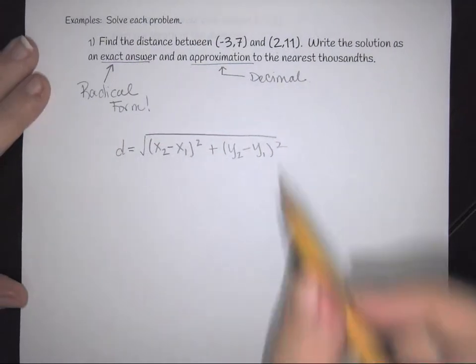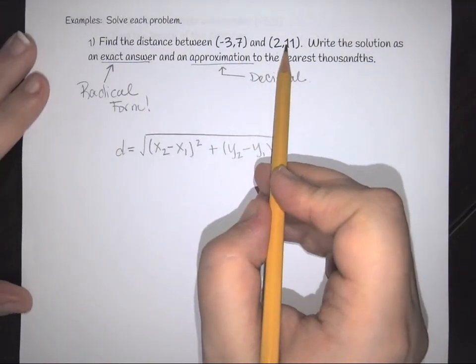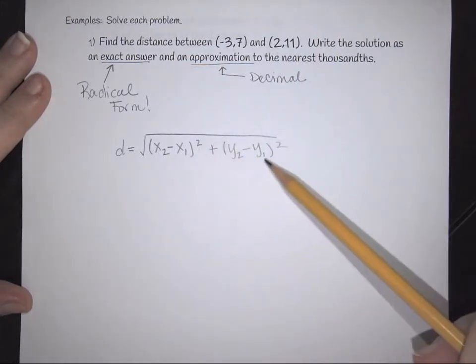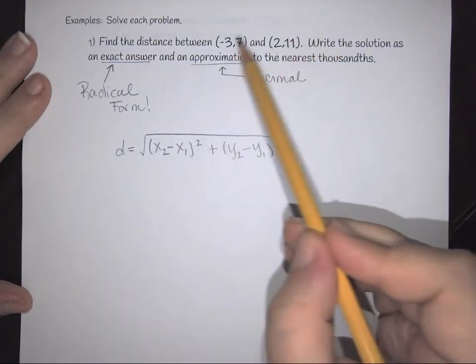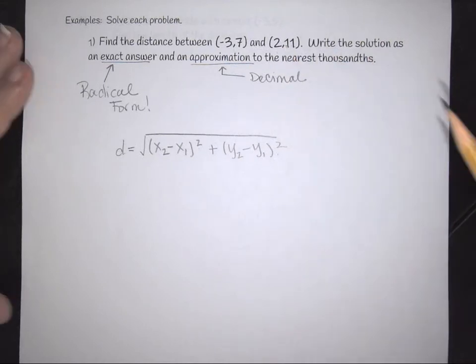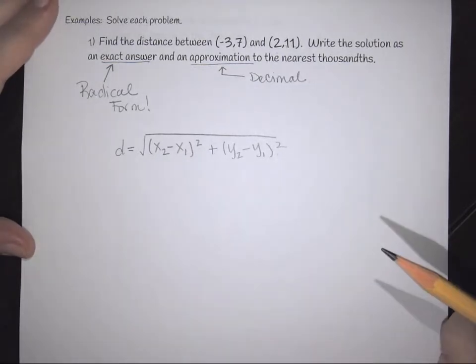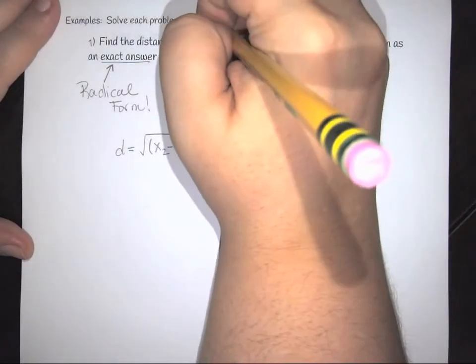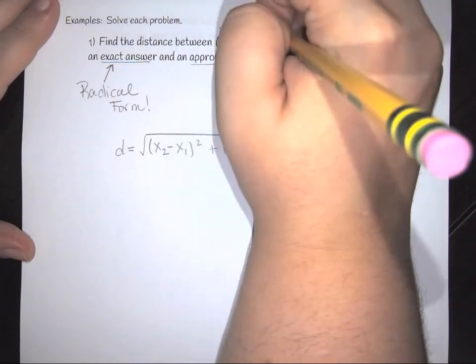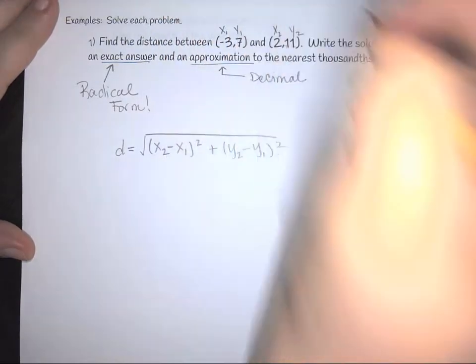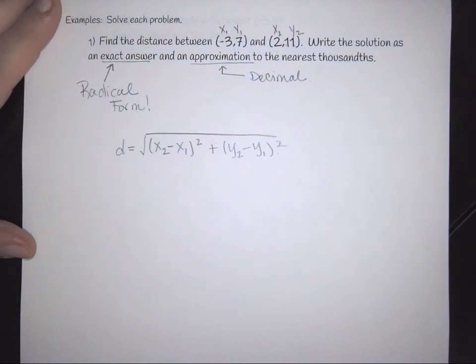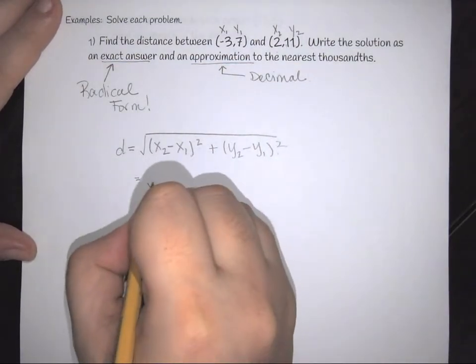Now with that, we have two coordinate points, and so you have to label them. It does not matter, because since each of these is squared, whichever one you choose to be x1, y1 is completely personal preference. You basically just need to choose the one that you like the best. I like to try and keep my variables positive as much as possible, so I would pick x1, y1, then x2, y2. And the reason for that, you'll see, is when we plug it in,